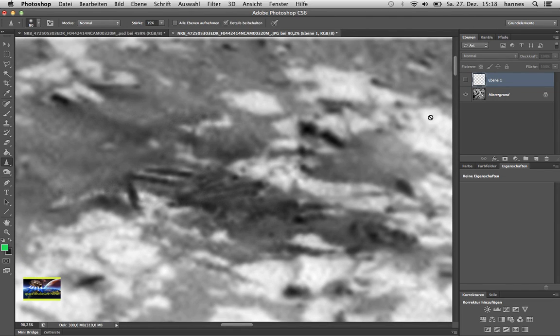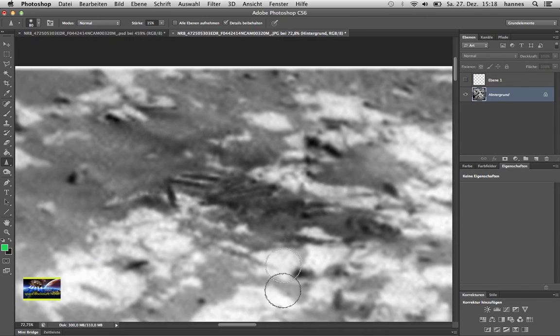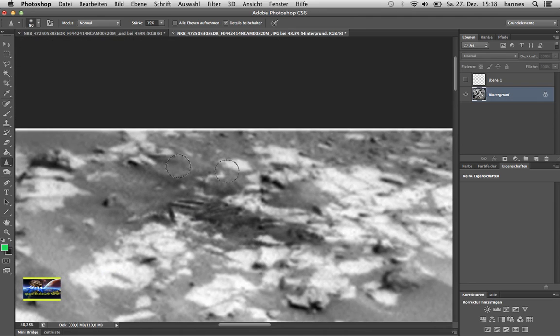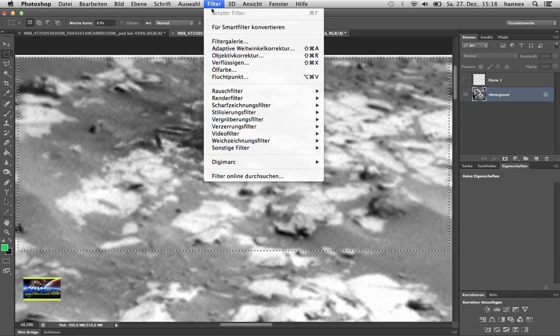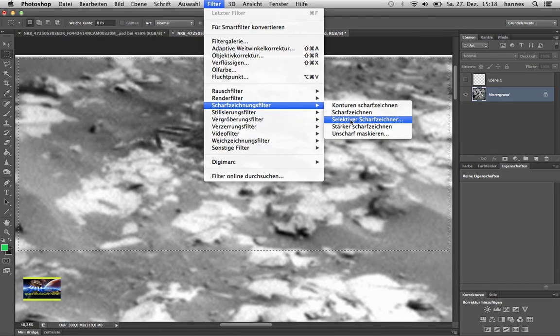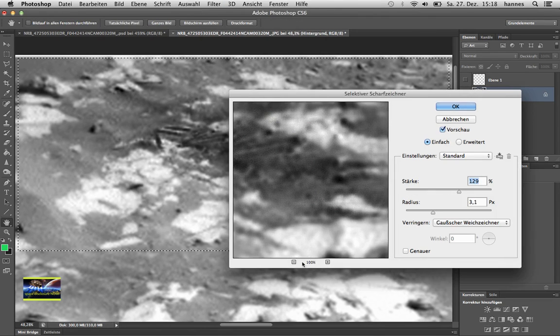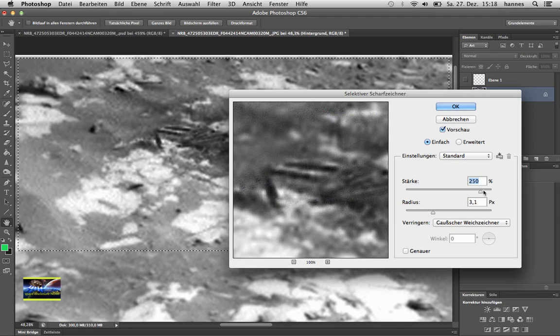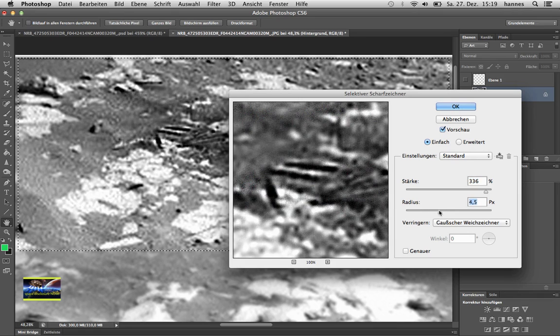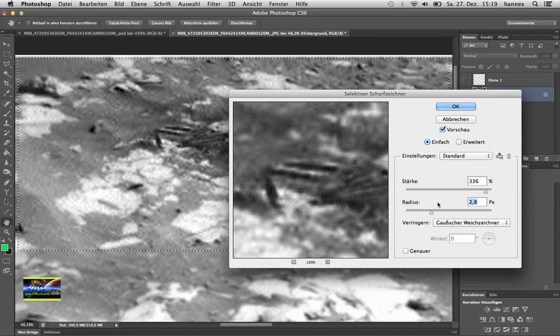Let's sharpen it one more time. Or let's make much better. Let's make a selective sharpen. That sometimes is really useful. Let's take the whole area. Selective sharpness. Let's go to the part here. It's stronger, stronger. I know there's like a pixelation coming up now, but that's just because it's already sharpened here